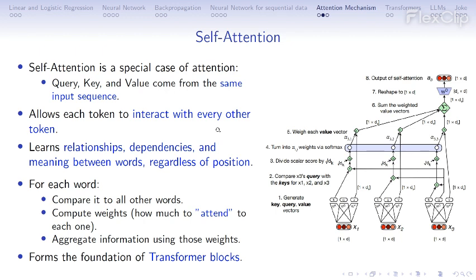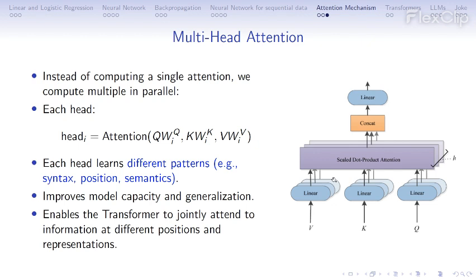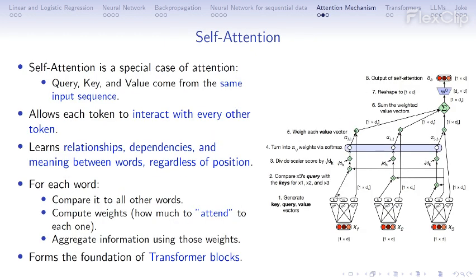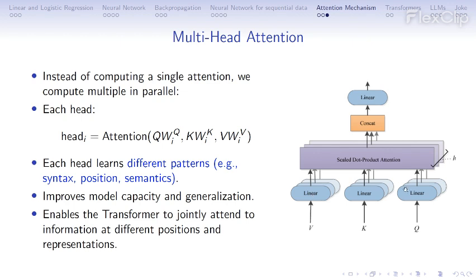But attention alone, this is called an attention head. And an attention head alone won't be enough. We need to stack them up together, and instead of computing a single attention, we compute multiple in parallel. So what does this mean? Each head, this one here, is for one head. You stack these multi-head attentions. Oh, so this is the linear, so this must be the heads then. Yeah, so these will be the heads,